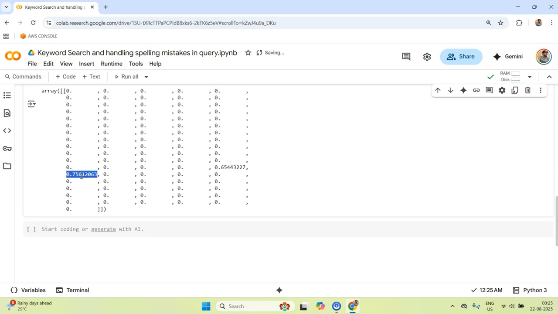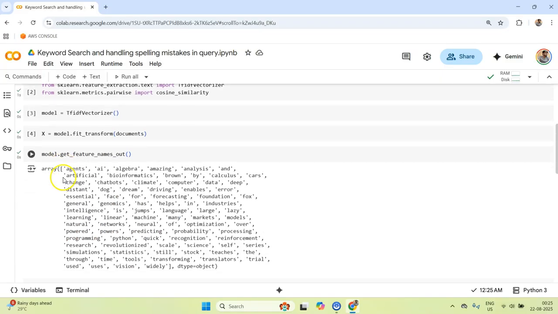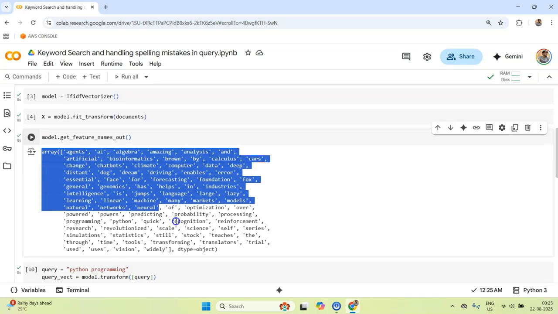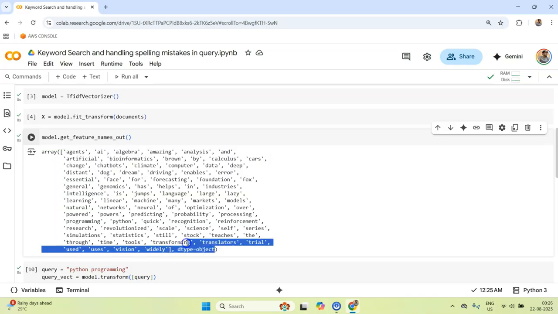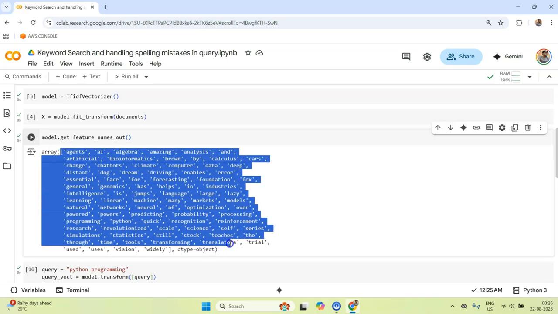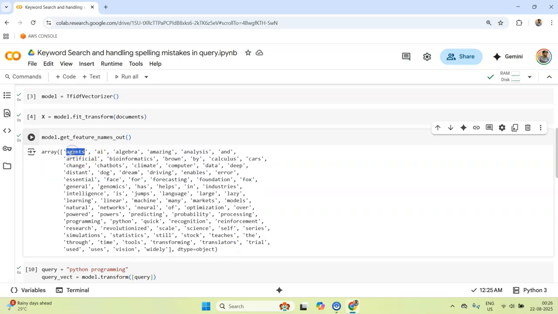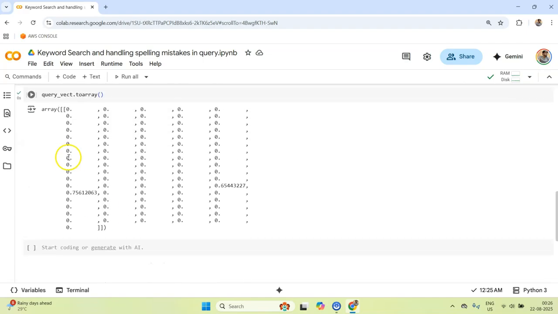The reason for this is that both words start with P, and the way sklearn has created these features is by sorting them alphabetically. They start from A and end with Z, if we have any words starting with Z.